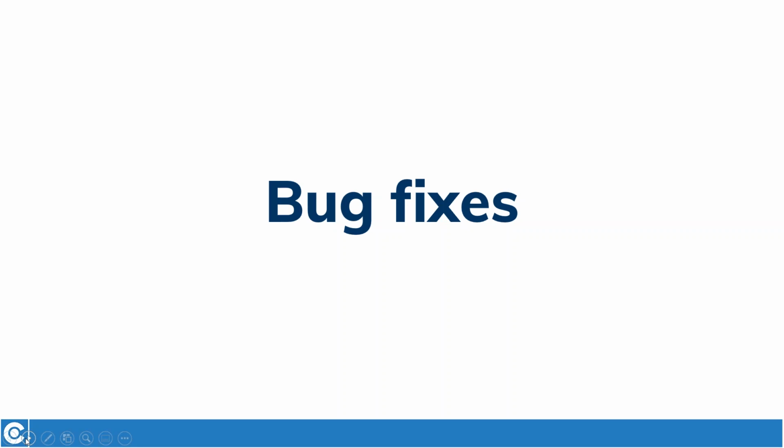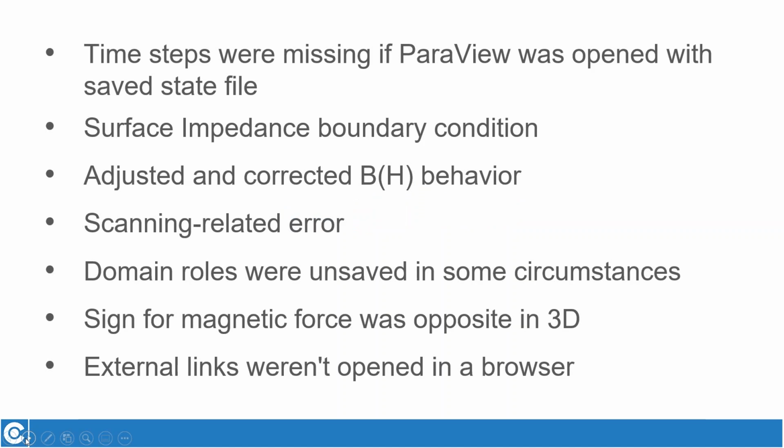We not only develop and introduce new functions, but also pay close attention to maintaining the work of the existing ones. So with version 2.5, we have also noted and fixed multiple bugs. We have fixed a bug related to the time steps missing in ParaView if it was opened from a state file. We have also fixed the surface impedance boundary condition, as previously it presented an error when used,